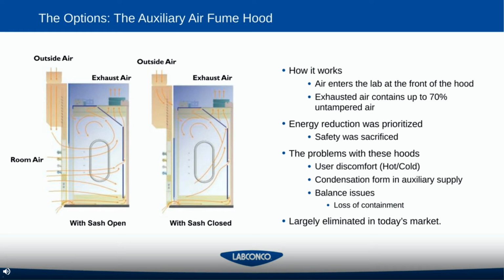It was pretty clever. And basically what happens with these hoods is that the air enters the lab in two places. The first place being the typical supply air register that's in the lab, it's in every lab. And then the second, as you can see in these images, is right in front of the fume hood. You would take outside air, untempered, and expel it right in front of the fume hood. And the idea was that the air that was taken out of the lab would contain 70% of the untempered air. So if it's taking only 30% of tempered air out of the lab, and 70% is conserved, thus saving energy. It's a decent idea, but unfortunately, what happened with this design is that energy reduction was prioritized, but safety